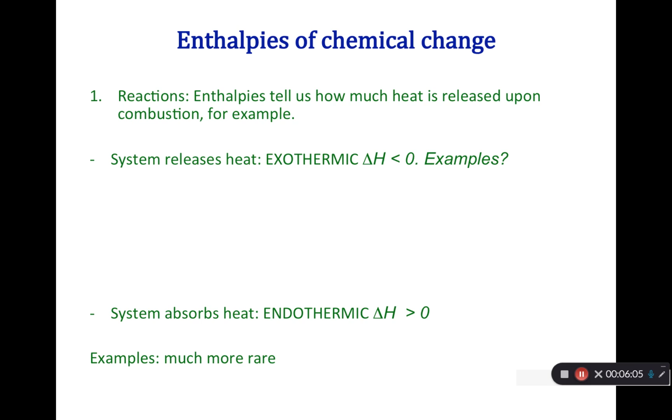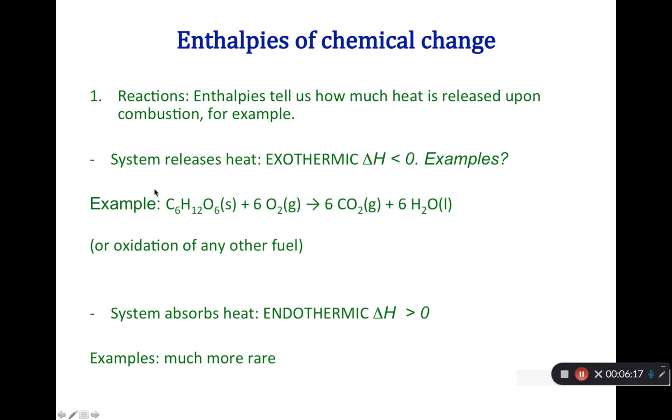Enthalpies of chemical change refer to changes where new chemical species are being formed or old chemical species are being destroyed. A simple example is an exothermic process which releases heat, for which by definition the change in enthalpy is less than zero. An example is the burning of glucose or the